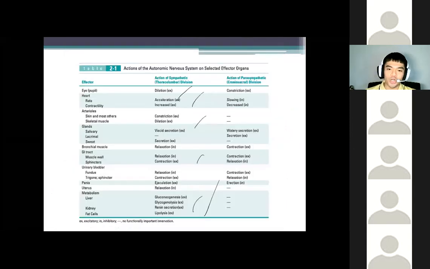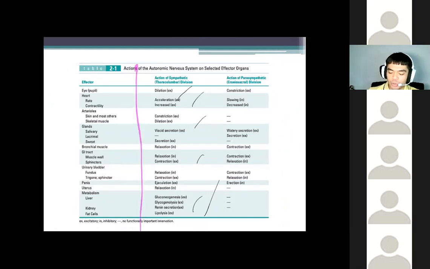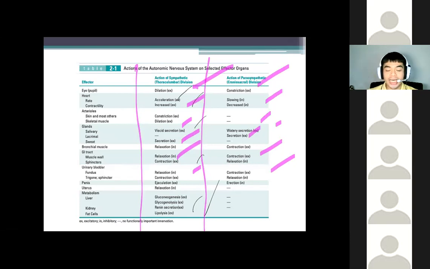Napakita ko to kahapon. Ang realization nyo sa table na to, ito yung mababaw, superficial effect. Ngayon, matitrace nyo anong receptor na ang dahilan. At napansin nyo siguro, nabanggit ko ba kahapon na ang para at ang simpa ay antagonistic with one another? Yes. Kaya pag nag-aral kayo sa mga bahay nyo, pag chinek nyo yung mga effects na yan, antagonistic sila,